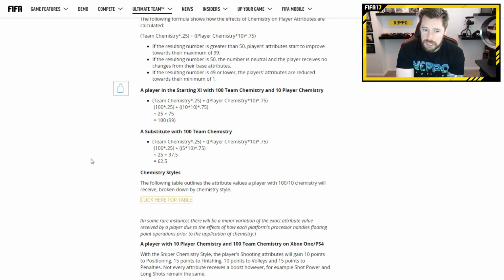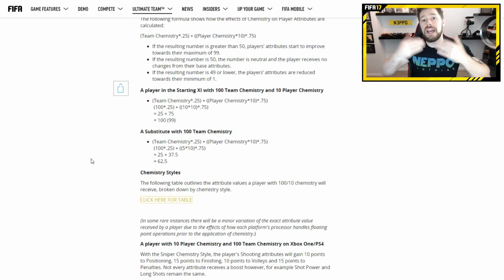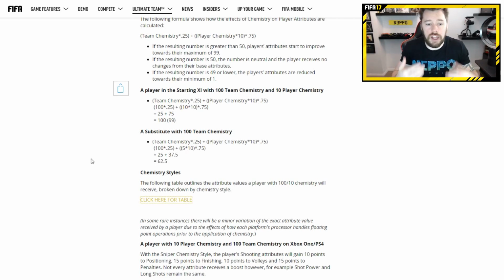A substitute with 100 team chemistry: team chemistry times 0.25 plus player chemistry times 10 times 0.75. So it's 100 times 0.25, plus 5 times 10 times 0.75, which is 25 and 37.5, so 62.5. So a substitute on 100 team chem will get 62.5 in-game chemistry points, which will be a positive increment of stats in-game. Basically, they will get bonus stats in-game, but not by much, which kind of suggests that super subs in FIFA going forwards aren't actually going to be very effective,